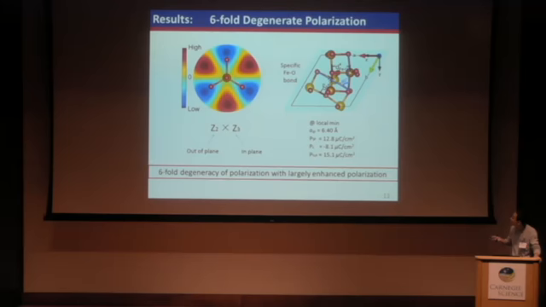So in total there is six-fold degeneracy of polarization in this P1 phase. And for the polarization, besides the out-of-plane one, there is an even larger in-plane one that emerges, resulting in a quite large total polarization, which is almost twice that of the